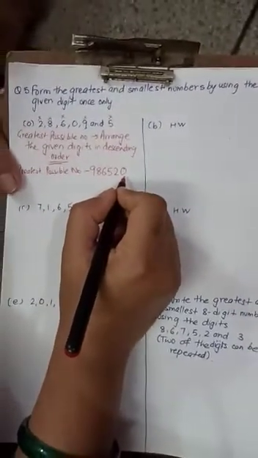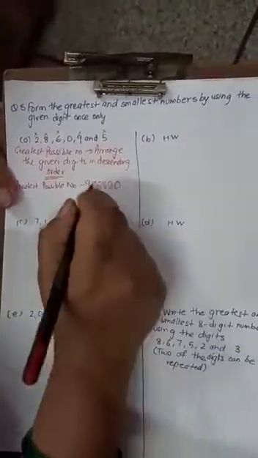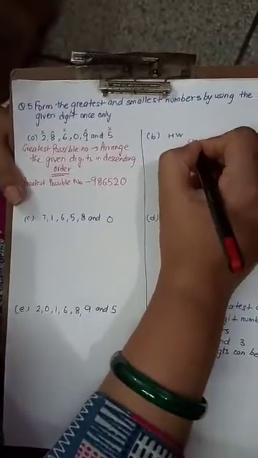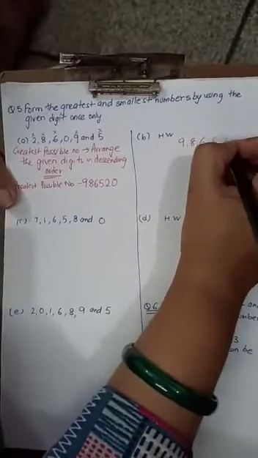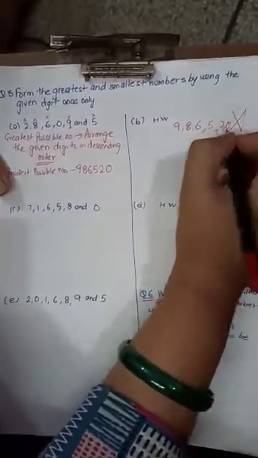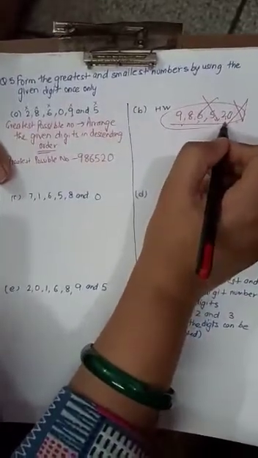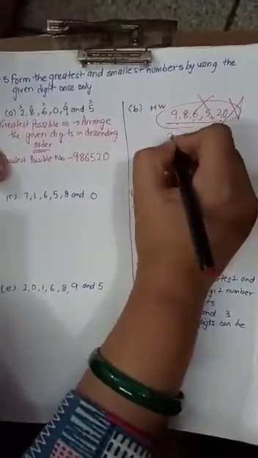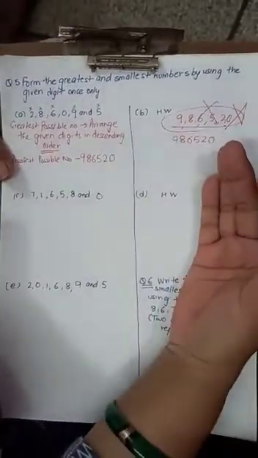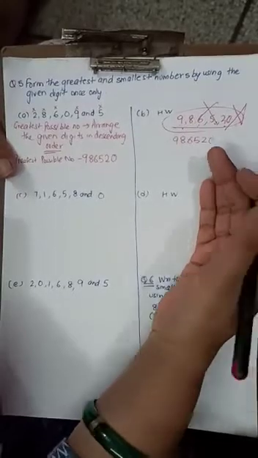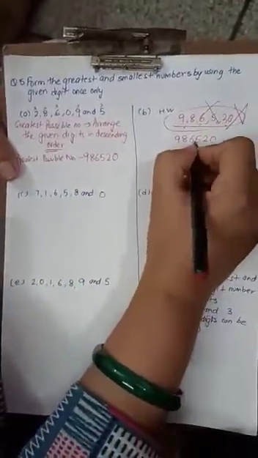Right? Usually what is a common mistake that you people do? Suppose you have made the mistake, you have done the number, you will write it like this: 9, 8, 6, 5, 2, 0. This is wrong. This is not a number. These are the same digits which you have written in descending order. So you will write it without using any commas. If you are willing to use commas, then you will use the commas as per the Indian system or the international system. That means you can write like this.